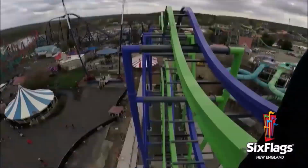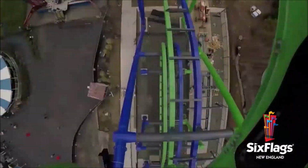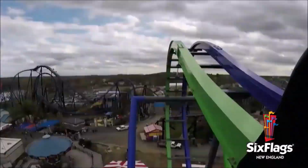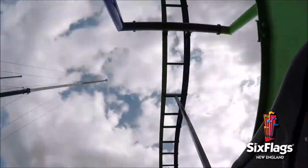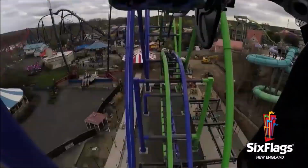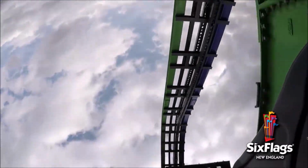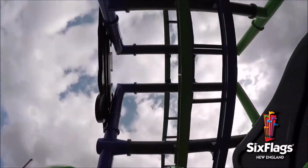Something I could definitely see them getting is possibly an SNS 40 free spin. They're very cheap rides, and Six Flags obviously works with SNS. And Six Flags has done this before where they put free spins in pretty close locations. Like you have Six Flags Over Texas and Six Flags Fiesta Texas, and Six Flags New England and Six Flags Great Adventure. So it probably wouldn't be that bad to put SNS 40 free spin near the Texas Six Flags